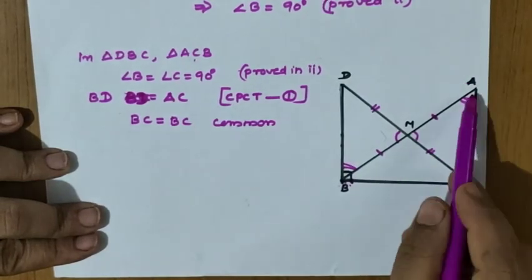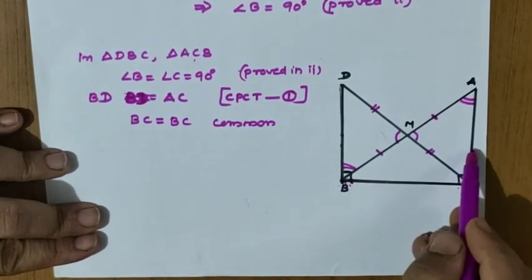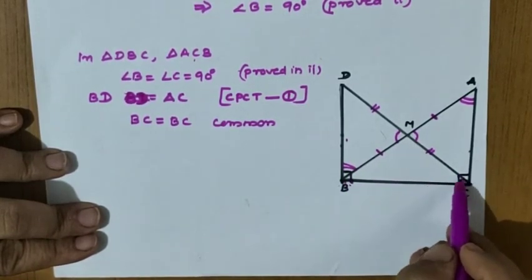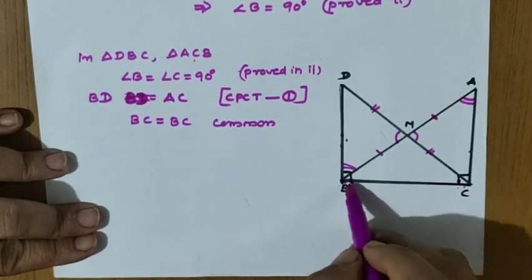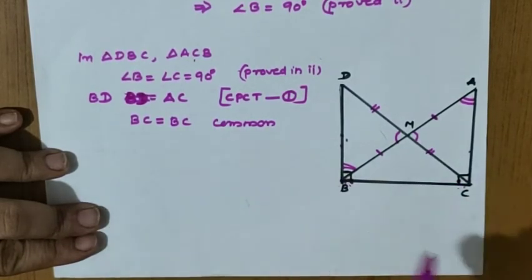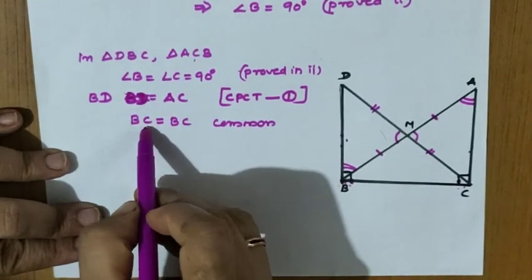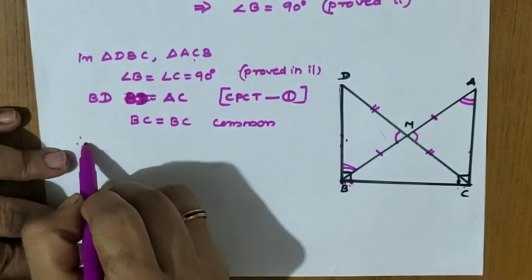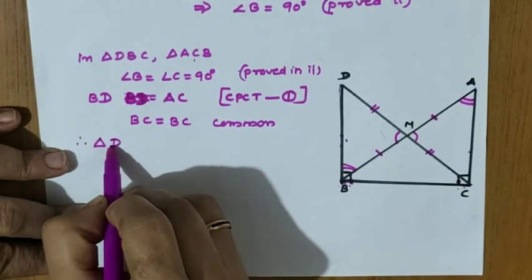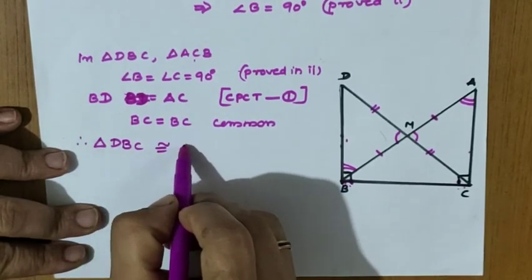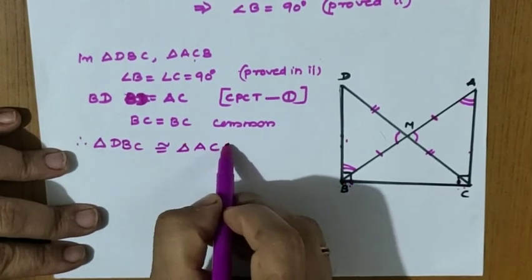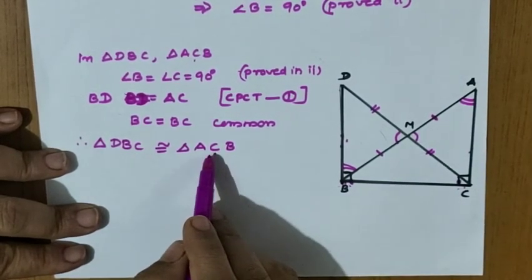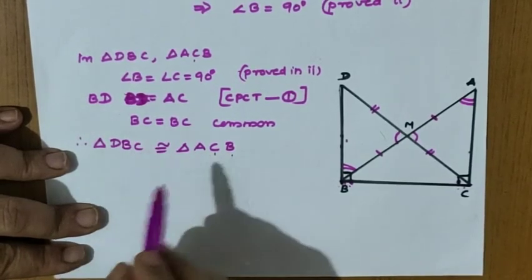Similarly ACB I should go. ACB we have got by CPCT, BD and AC are equal. Then what is the next step? Angle C we have taken, right? Next, one more side BC. So BC equal to BC common. Here if you interchange B and C like that, there is no problem because congruency is not proved. Now therefore triangle DBC is congruent to triangle ACB. Right, angle B equal to angle C is the order, so C means B only, right? Next letter is D for A.